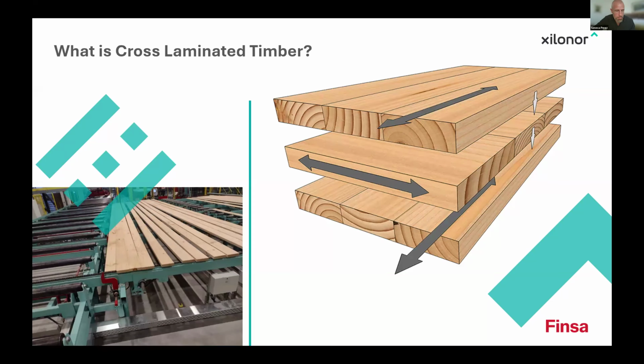So the first layer will be laid longitudinally, let's say. The next layer will be crisscross, so it's at 90 degrees. If you think of it as giant-sized plywood, essentially, the difference being that each layer might be between 20 and 40 millimeters of pine planks. So yeah, we can produce large uniform slabs,